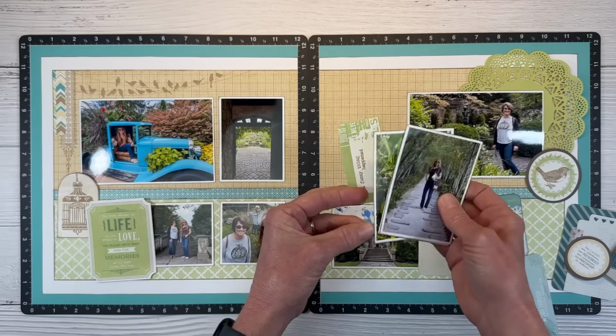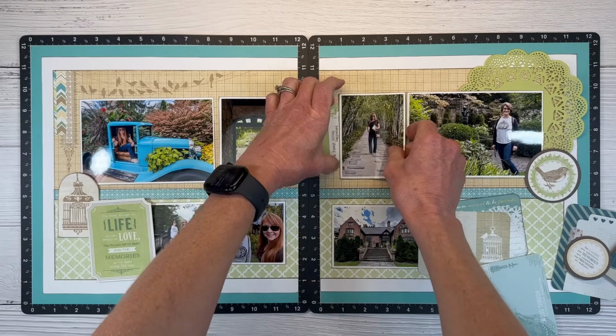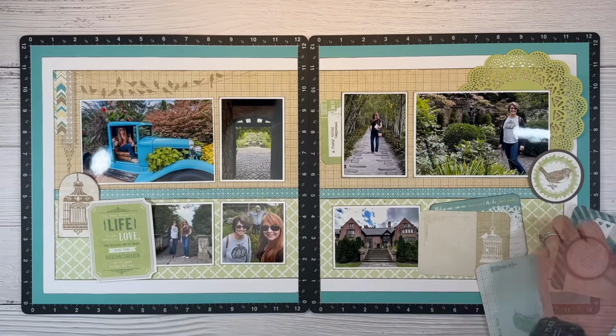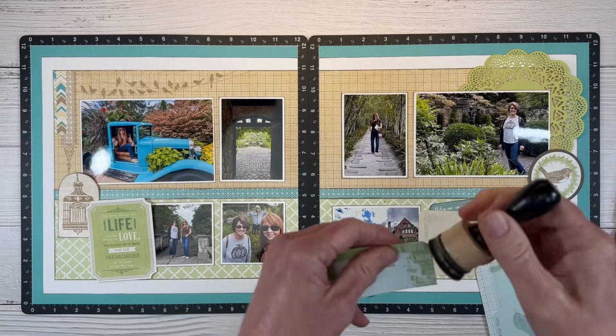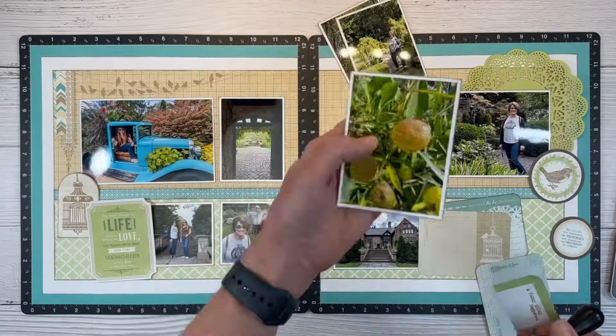So I just want this to be peeking out. So it has "a funny thing happened." And then when you flip it open and read the journaling, you can read the funny story. I am going to add a little espresso ink to these pocket cards to make them pop and match the rest of the layers. So the funny story, you probably can't really see it in the photo, but this little